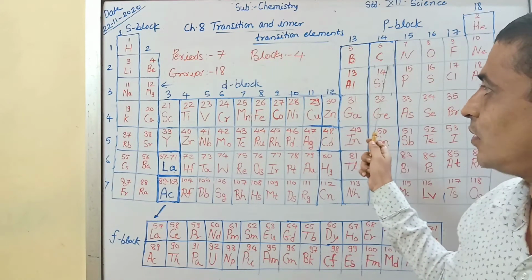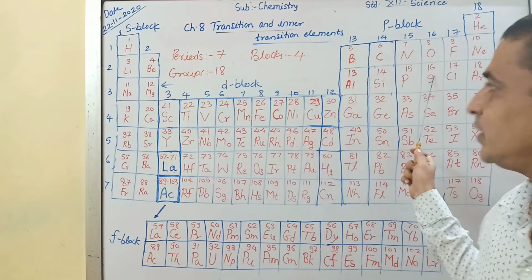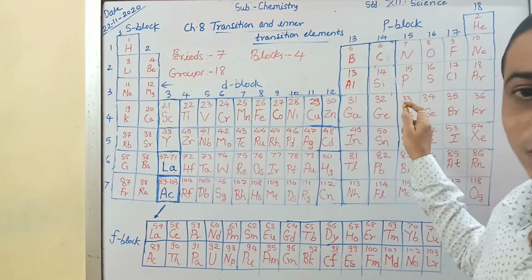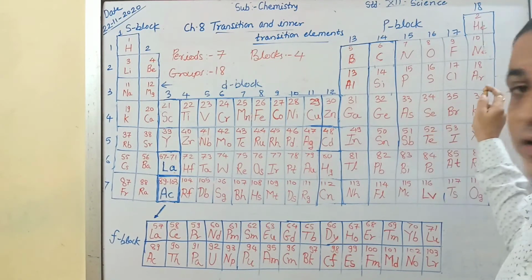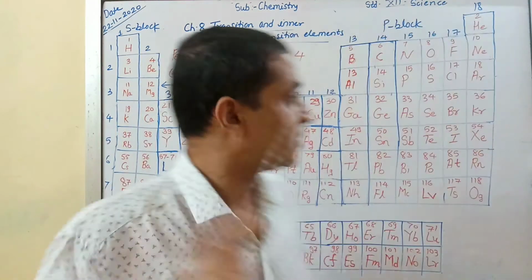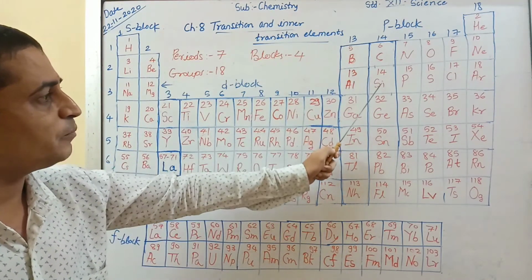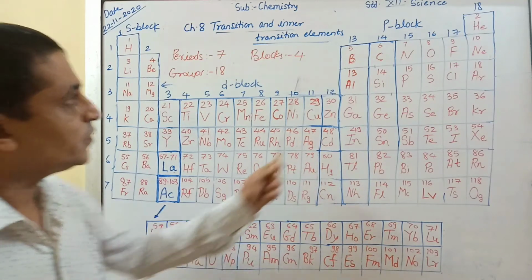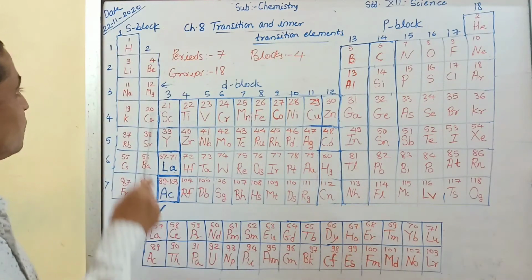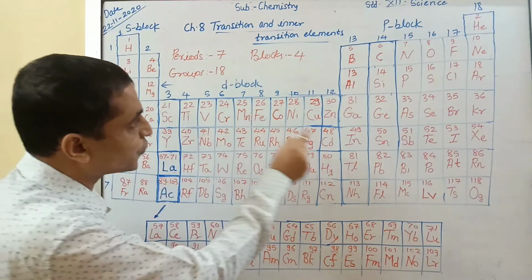Okay, now come to P block elements. P block elements are placed at the extreme right hand side of the modern periodic table. They are present in groups 13, 14, 15, 16, 17 and 18. These P block elements include metals, non-metals and metalloids, etc. And they have less electropositive character, meaning you know that the metallic character goes on decreasing from left to right.